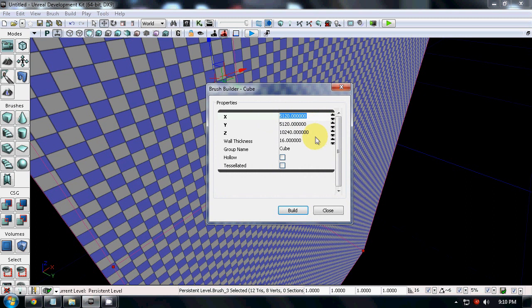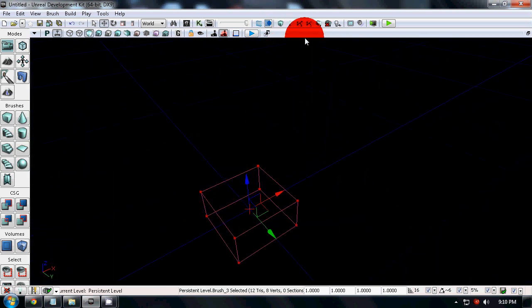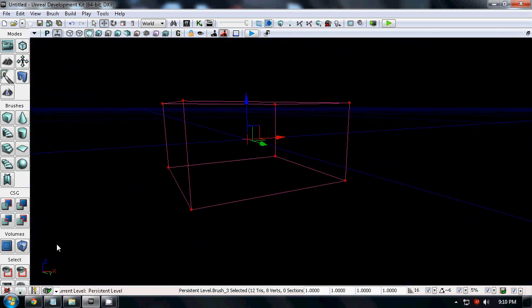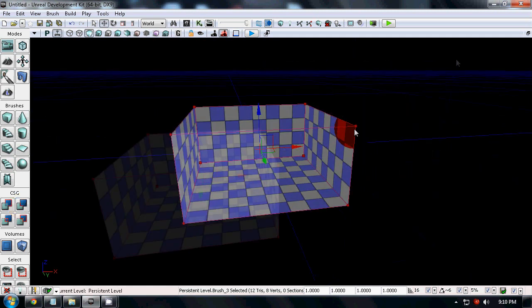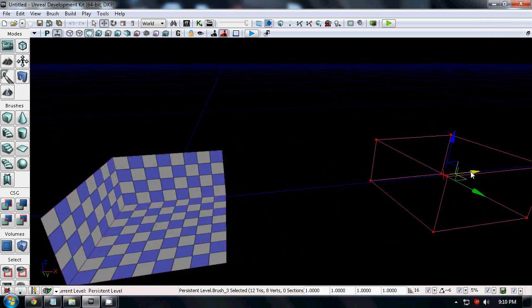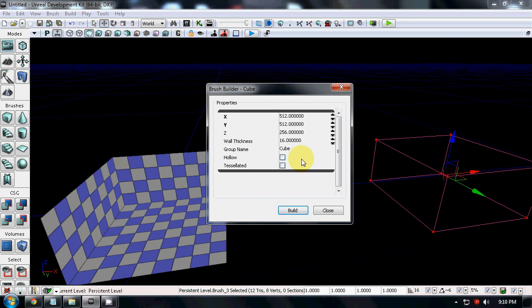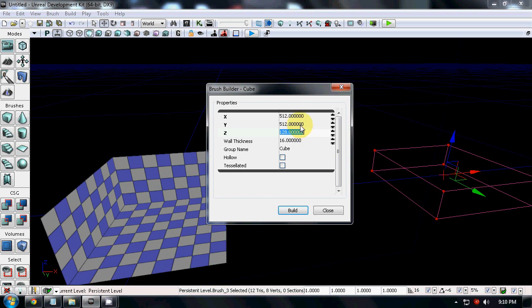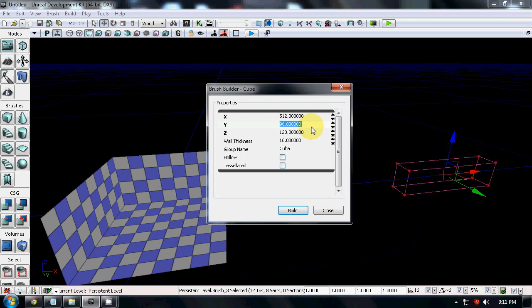So the height, let's see, 256, 512, 512, and there's our cube. Let's subtract this one. And now I want to make a little hallway, just see what happens. And maybe this size will be a little small, but